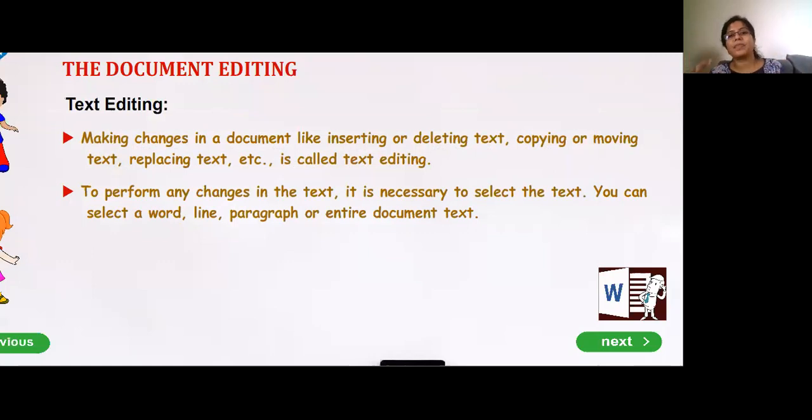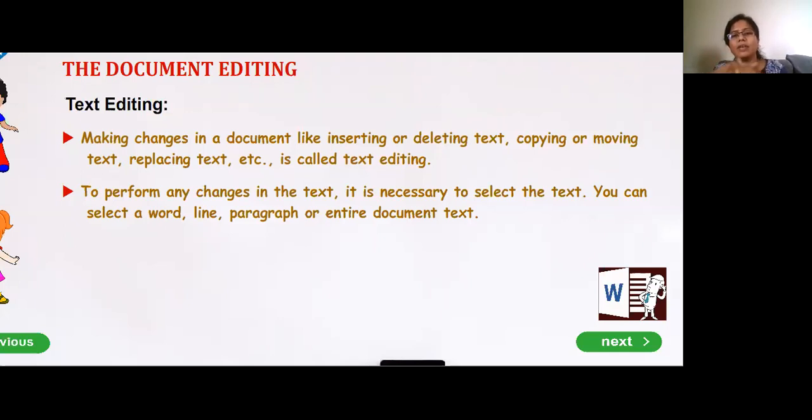I repeat, whenever you're typing something in your computer on MS Word, you may want to insert extra text, delete text, copy the text and paste it somewhere, move the first line to the next line, or replace the text. So all these things, inserting, deleting, copying, moving, replacing, are called editing.